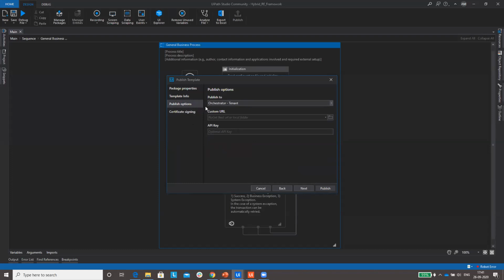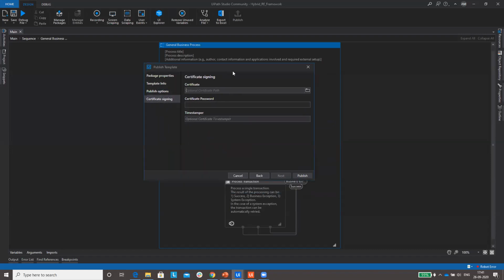Yeah, that's it. And if you have any certification, you can upload it. The use of this certification is that in certain networks, if you don't have access, you will be shown a warning and will not be able to access these particular URLs, and you might not see the template.